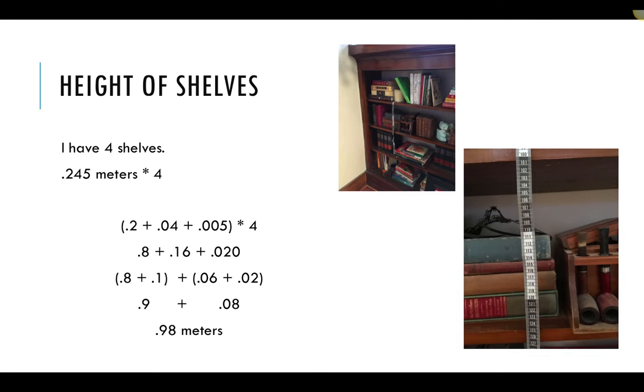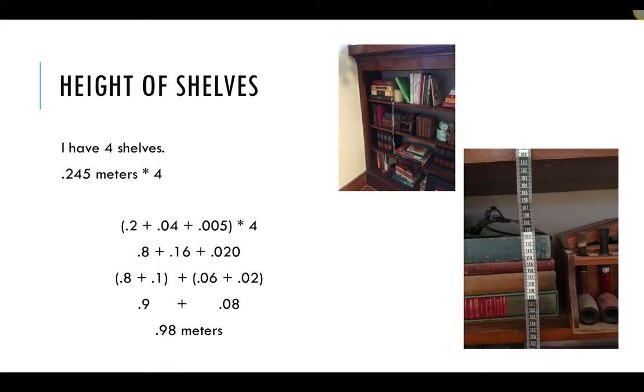Well, 2/10 times 4 is 8/10. 4/100 times 4 is 16/100. Do you see my 16/100? 6 of them in the hundredths place, and 10 of them represented with that 1 in the tenths place, because there's 10 hundredths in every 1/10. And then 5/1000 times 4 is 20 thousandths. Every 10 thousandths is a hundredth. 20 of them is 2 groups of 10 thousandths,